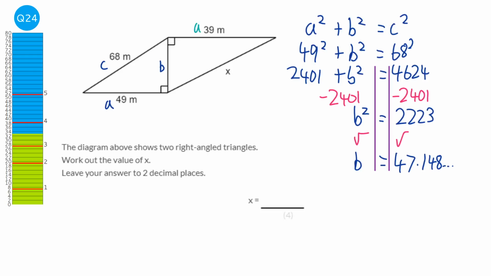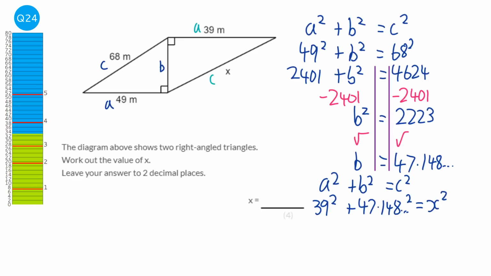Okay, we're now looking at the second diagram, and this time we're going to have A, we've got our B, and we're going to call X the C. So it'd be A squared plus B squared equals C squared, but this time A is 39. B we are given as 47.148, we've just worked that out, and we're looking for C. In fact, we can call it X now. Okay, so we need to square that. So we do 39 squared plus 47.148 squared,